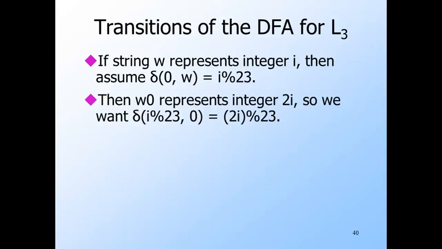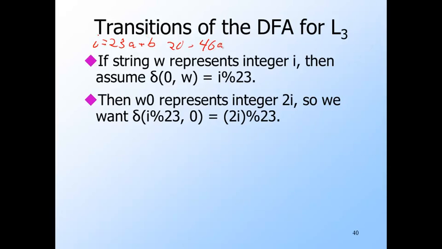The transition from each state i on input 0 is to the state that is the remainder of 2i divided by 23. To see why this works, we know that i equals 23a plus b, for some integer a and for some integer b in the range 0 to 22. That is, b equals i mod 23. Then 2i